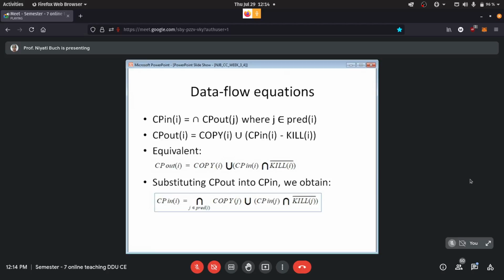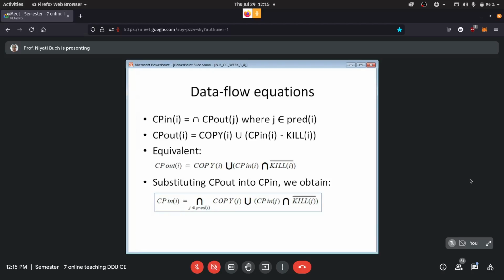So if it is there in kill, then you take it out from CP in. Then whatever elements you have, just take a union of it with the copy of that block. Fine. So these are the two data flow equations we will be using for our example.